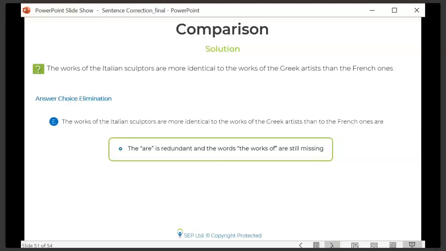The works of is still missing, and therefore choice E is incorrect. I think by now, those of you who chose choice E, you know why choice E is incorrect. All right. So with the end of that question, let's recap the learnings,